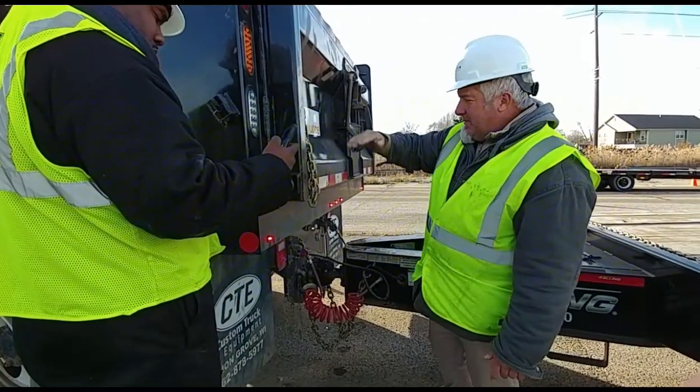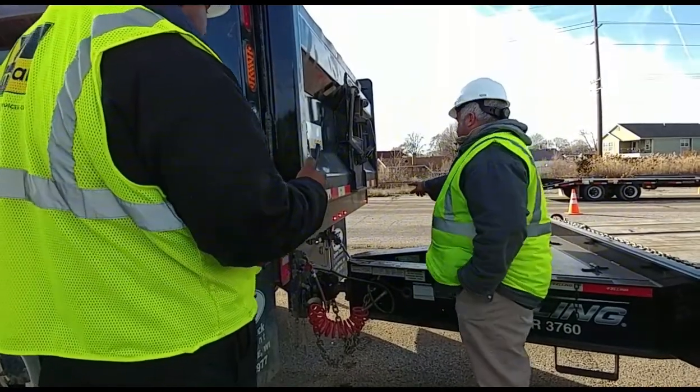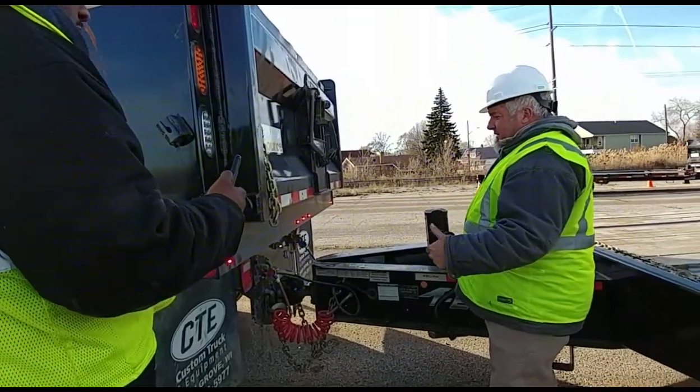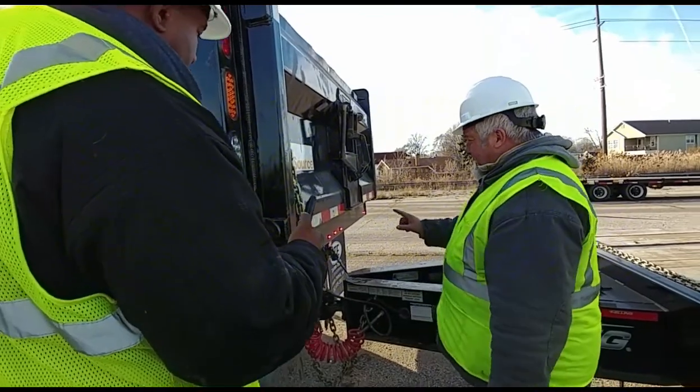It is secure. Sorry, I'm checking my DOT tape. It is properly mounted and it's clean. I'm also checking all my lights. I'm checking BTT: brake, tail, and turn. They're properly mounted. They're